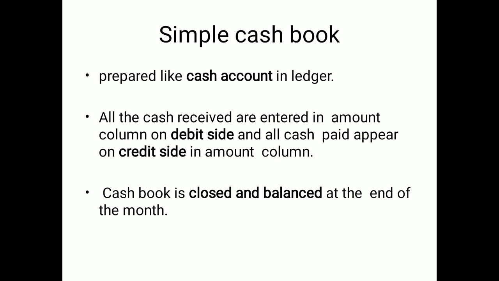It means the cash book has two sides: one is the debit side and the second is the credit side. On the debit side, all the items are shown from where the money is coming into the business. And the second side is the credit side. It leads to where the money is moving out. The reasons are listed on the payment side, called the credit side. And now this book is to be closed and balanced at the end of the month.